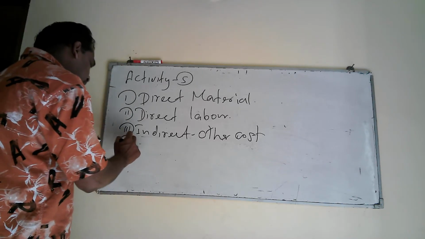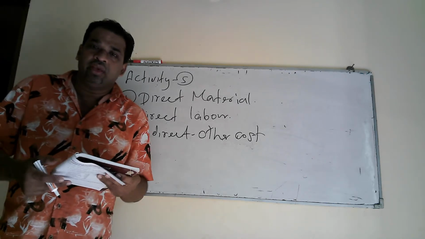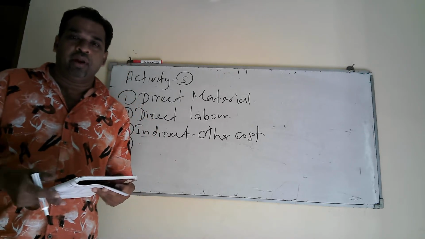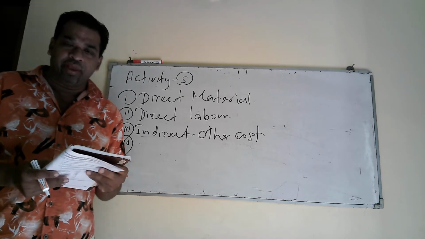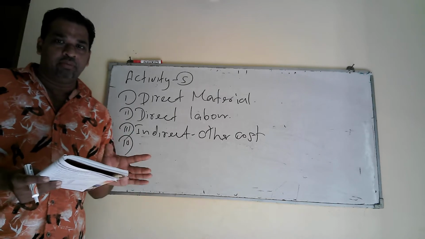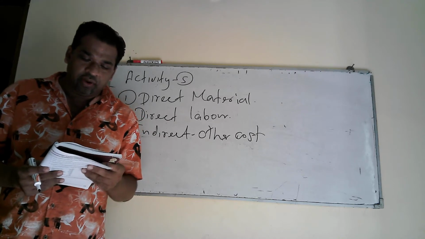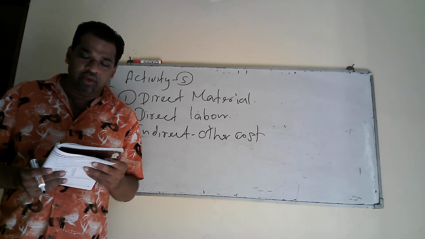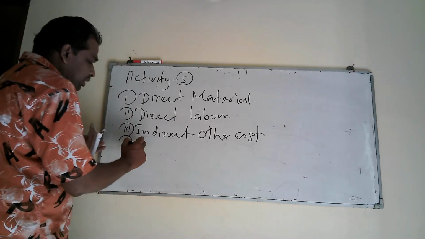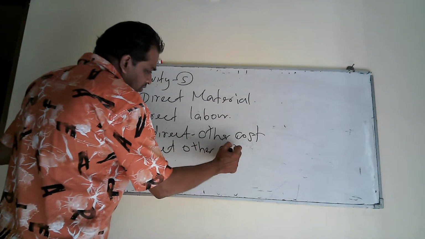Fourth item, royalty charge of 20 per shoe paid for the shoe design. Because we use shoe designs, sometimes produced by another person, we have to pay him. Royalty means direct other cost. Royalty comes under direct other cost. I gave you examples when I was discussing the theory. Royalty charge of 20 rupees per unit paid for the shoe design comes under direct other cost.